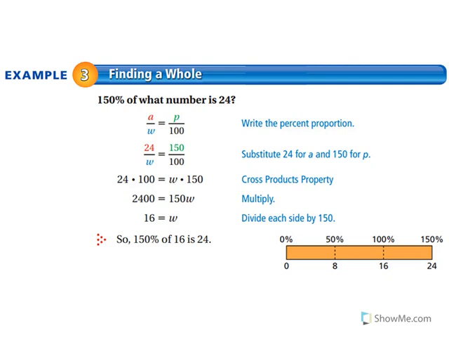In this example, we have 150% of what number is 24. Again, it is begging me to use the is over of equals percent over 100. For all three of these, I think this proportion is much easier to use, because now, look, I'm going to have